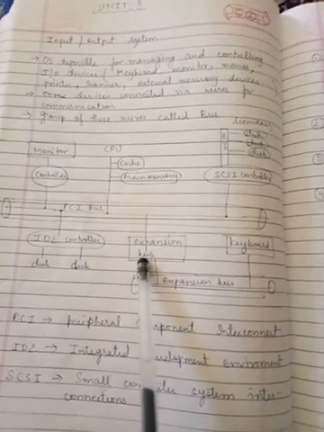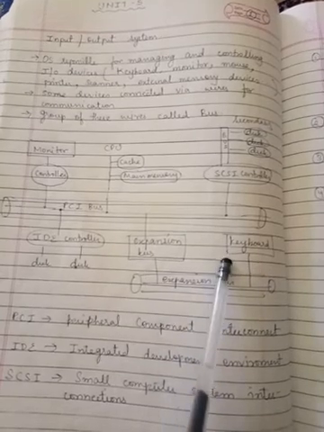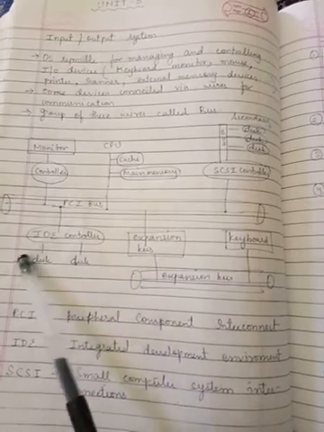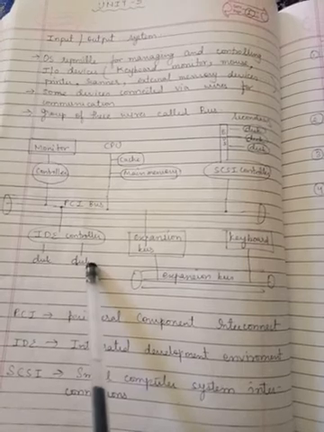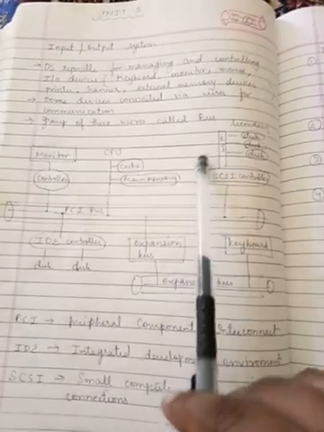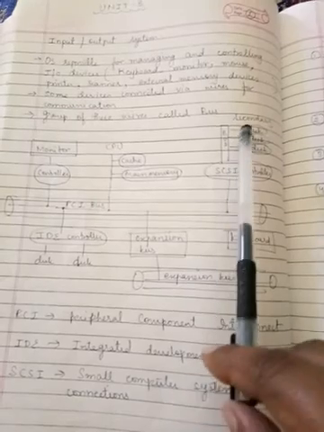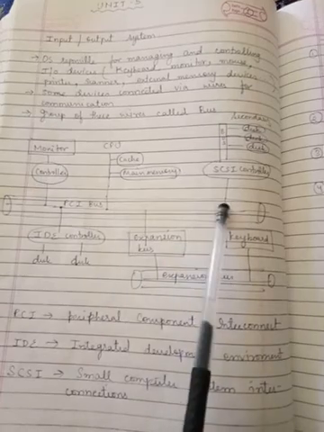Apart from the main bus, we have some other buses also. These buses generally vary in range. For example, this IDE controller is used to connect two disks, two memory devices. Similarly we have this SCSI controller. It is also a type of bus where we are able to connect more than two disks. So these are the different types of buses which are connected to our main bus. And this is the basic architecture of the input output system.